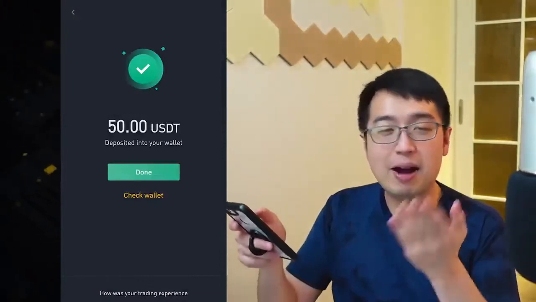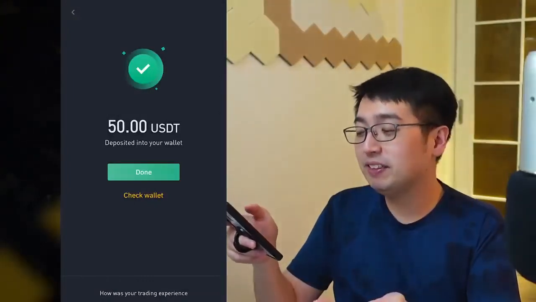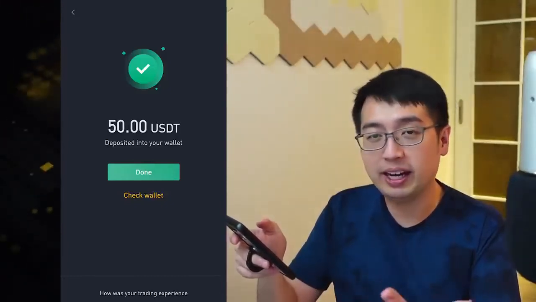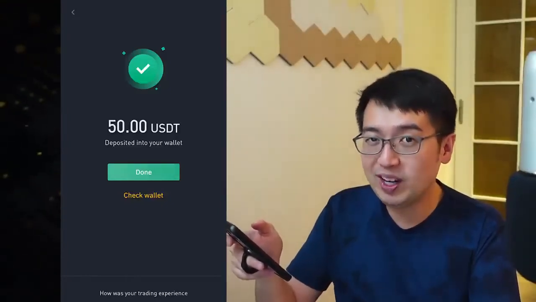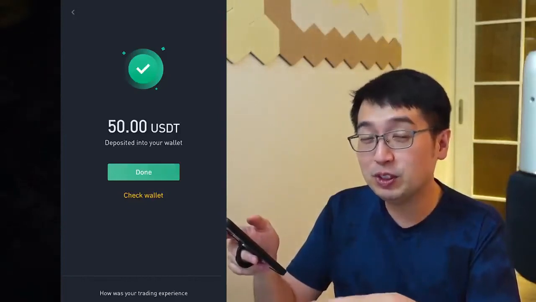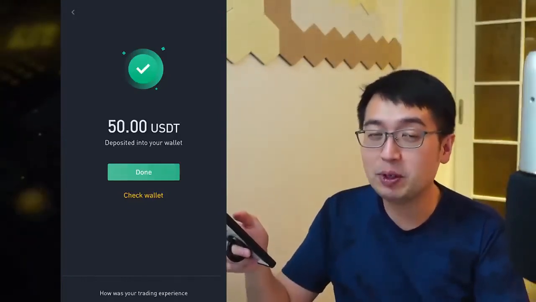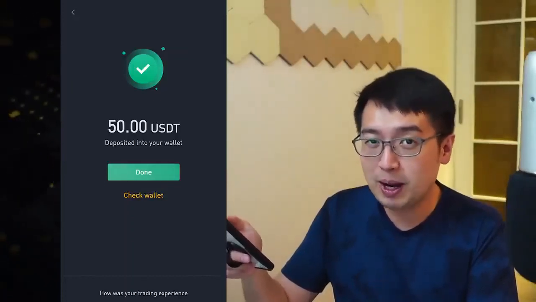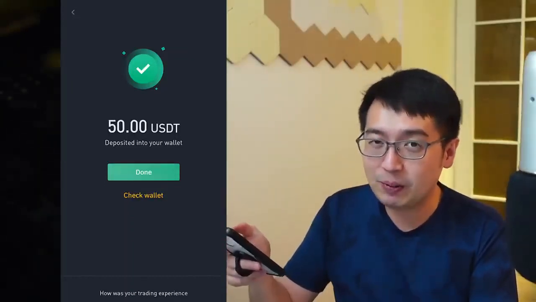Got it. I didn't do it, but they released the funds, and you can see 50 USDT has been deposited into my Binance P2P wallet. Now, if I want to use those funds on the Binance exchange, I'm going to have to transfer them from my Binance P2P wallet to my spot wallet. Once funds are in my spot wallet, then we can